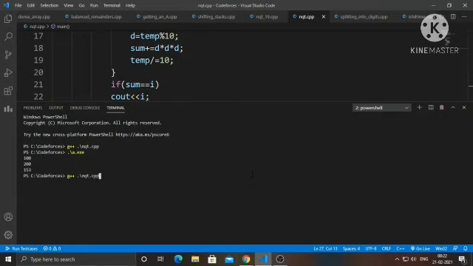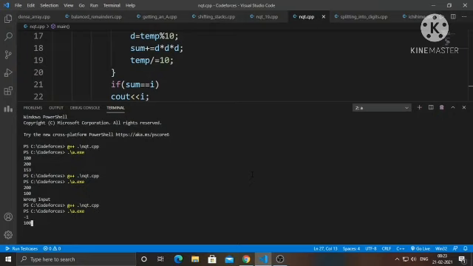Now for the invalid cases, suppose the user enters a lower bound greater than the upper bound, then it will print wrong input. Now for the negative case, suppose the user enters -1 in the lower bound and a positive number in the upper bound.